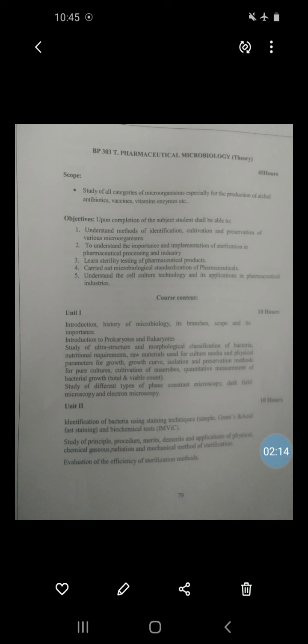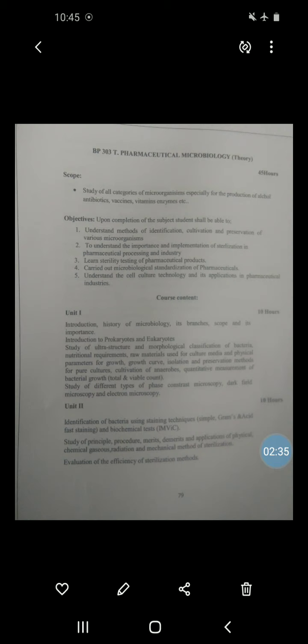For this, many different types of filters are used. In this method, the filters remove the contaminating microorganisms present in the solution, rather than destroying them directly. This method is used for sterility testing of liquids and large volume solutions, such as carbohydrate solutions and eye drops. So this is all about the principle.